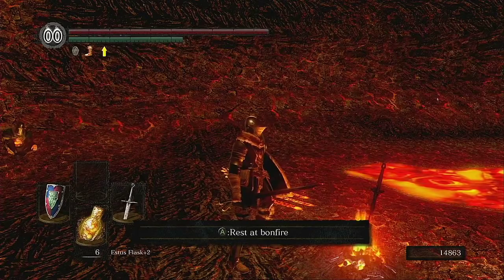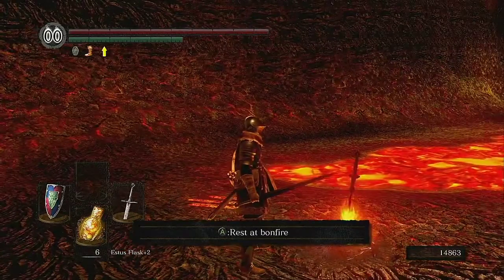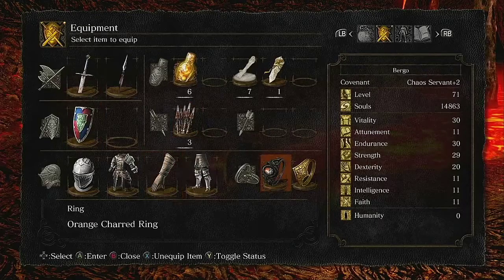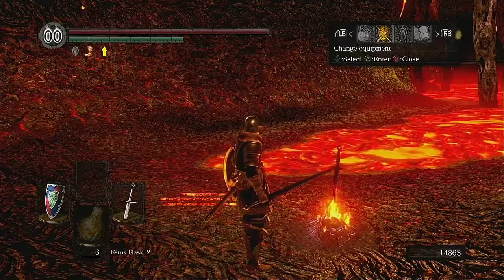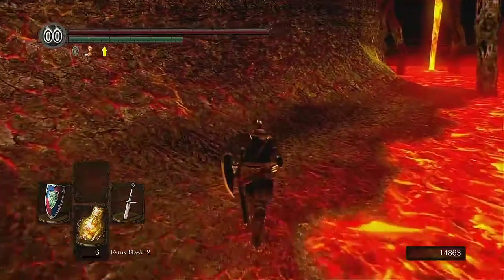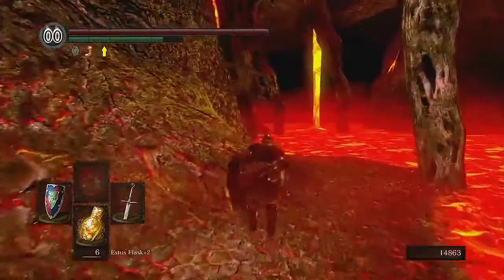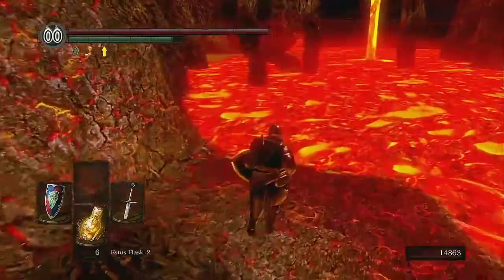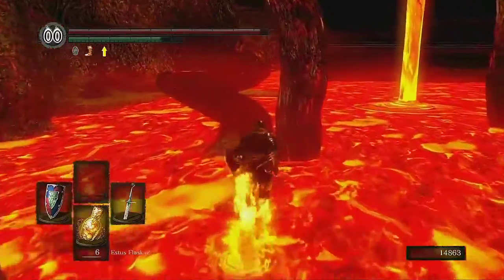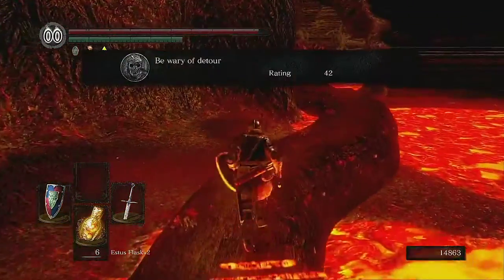Last episode we defeated the Demon Fire Sage and the Centipede Demon, and we acquired this ring, the Orange Charred Ring, which is going to allow us to make our way through this area and not take a whole lot of damage from the lava here, which will be really nice, especially since we've got some gaps like this between land and path with lava in between. So